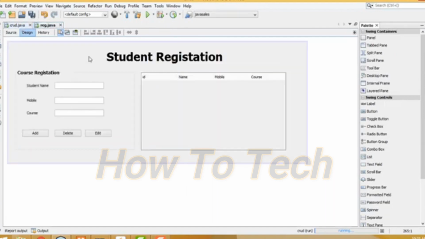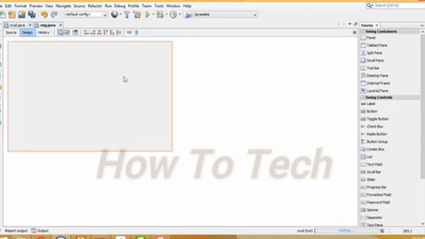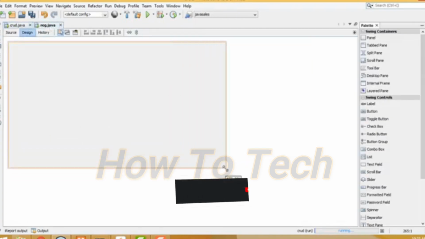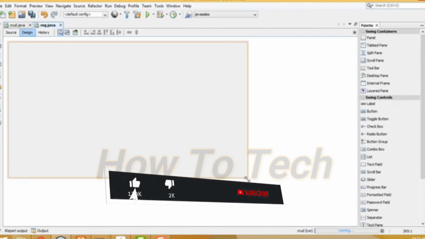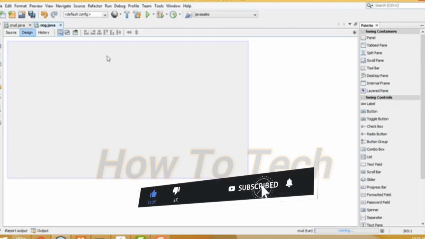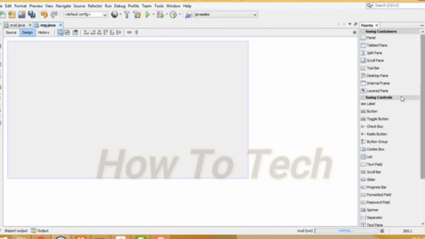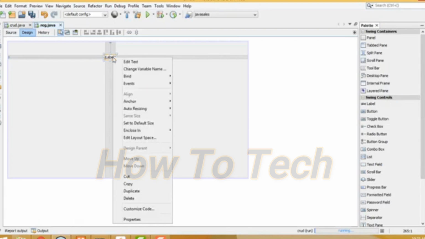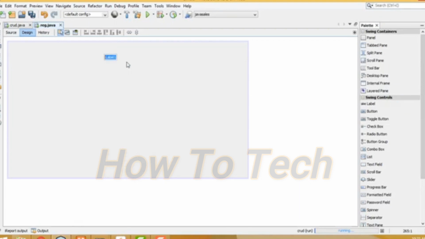Looks like this. Now the first thing I'm going to do is design the label, the heading. So go to the design view here. Let me increase the size of the form like this. Now I'm going to go to the palette, get one label here, right click, edit text. Here you have to write "student registration",